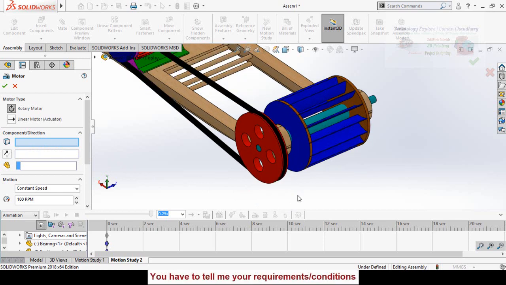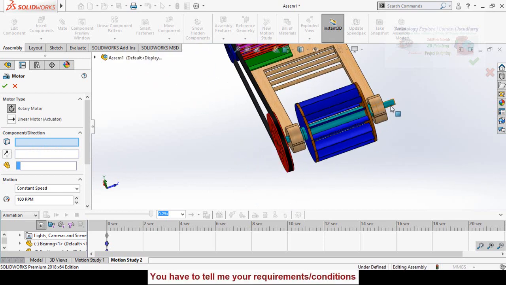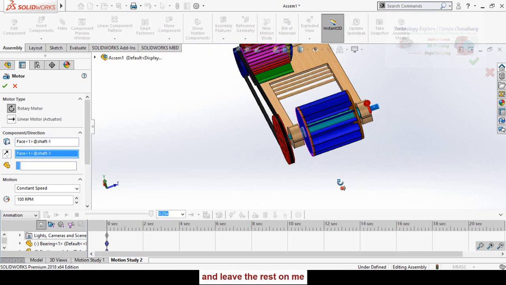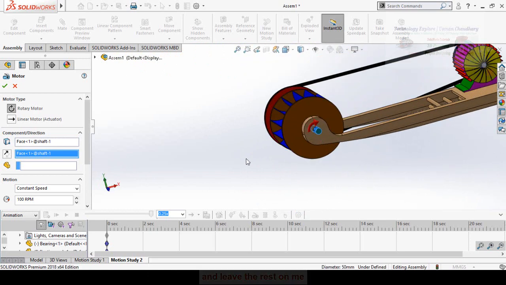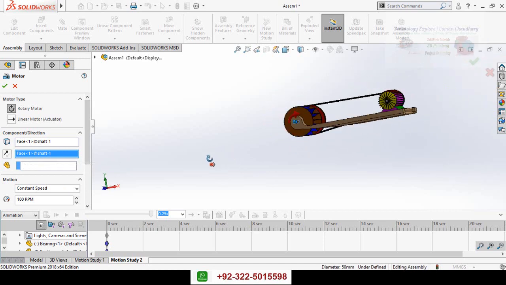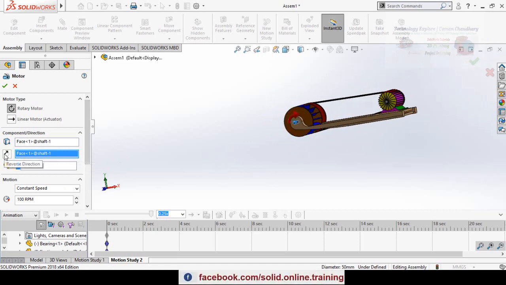I'm going to select the shaft. So here is the shaft. This arrow defines the direction of rotation. You can reverse the direction by selecting this option. So I'm going to rotate it in this direction.